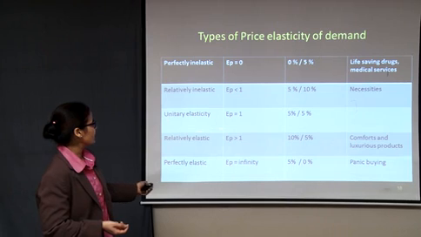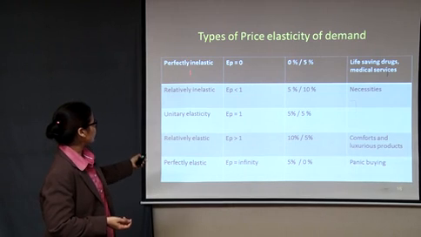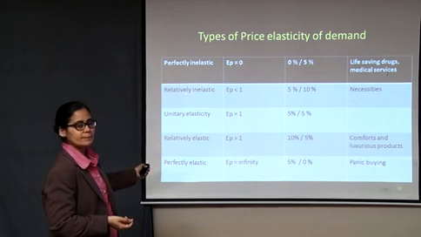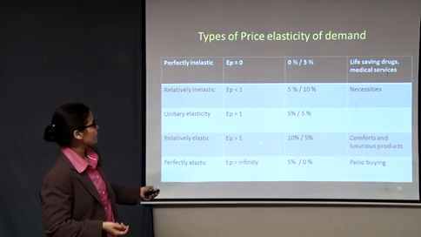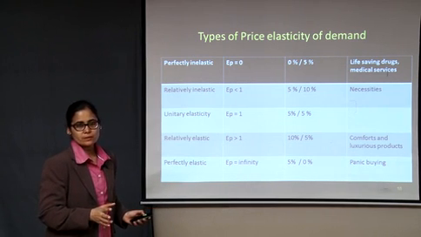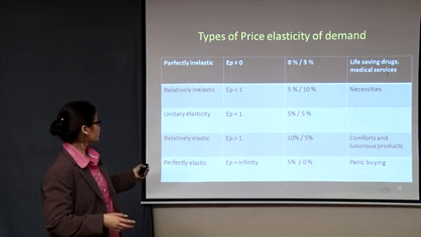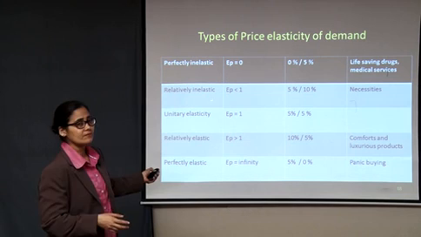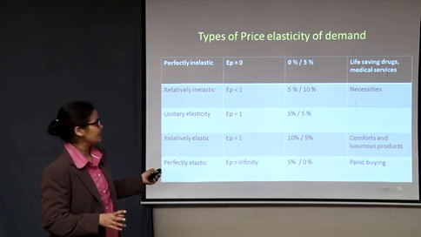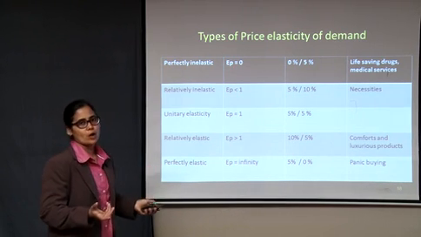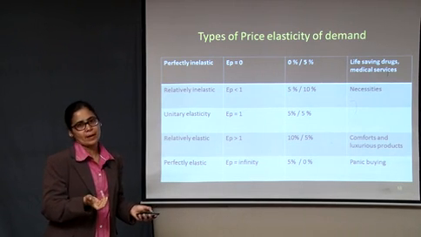So students, you can see the middle part. The middle is unitary elastic. And then we have 2 parts above. Both are inelastic, perfectly, relatively, and perfectly. Now what is given in the second column? The coefficient values, which were already explained to you. What if your answer is less than 1? You will declare that the product comes under relatively inelastic. Now the symbol that is used for price elasticity here is capital E and small p. So the meaning is nothing but a symbol for price elasticity of demand.